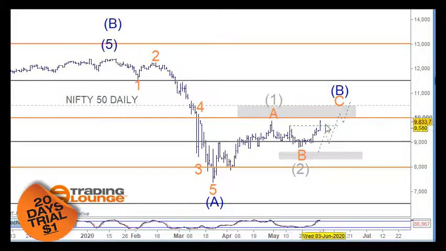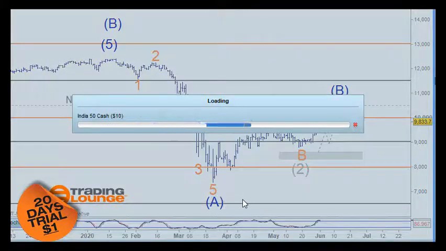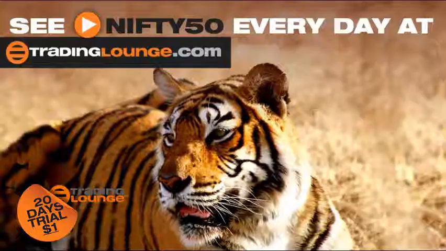I've got 2 particular counts that we can look at as an impulse wave to the upside here. I haven't made up my mind which is the correct one, but it's something we need to work through. The 2 counts are in the same direction, so it doesn't matter a great deal. It will at the end of the structures, but not right now. So on the 4-hour chart is one of the structures